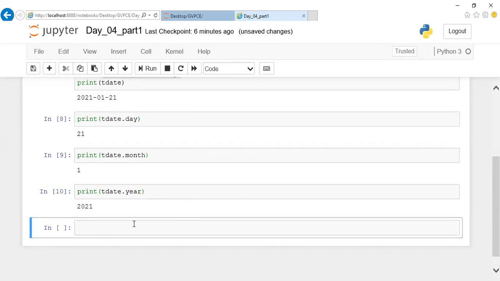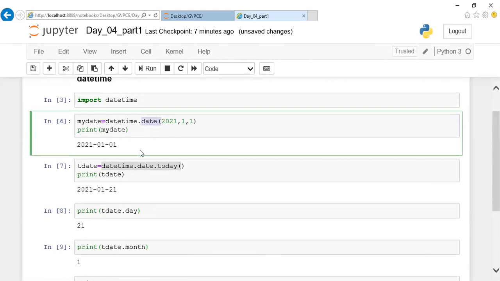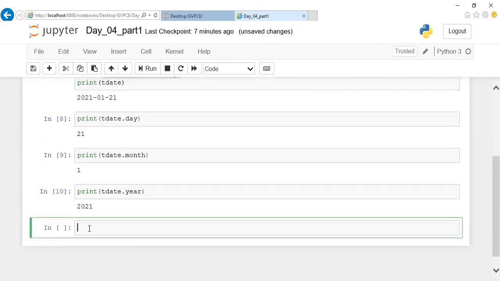If you want to access time, here what we did, we mentioned datetime.date, right? Instead of date, you're supposed to make use of time. Let me use a variable called t_time. T_time assign datetime.time. Sorry guys, it should be time, right?